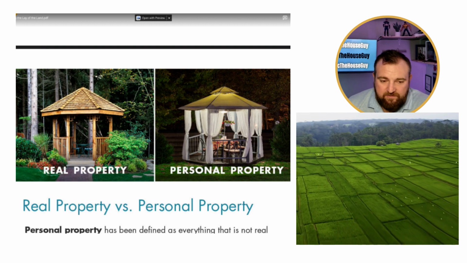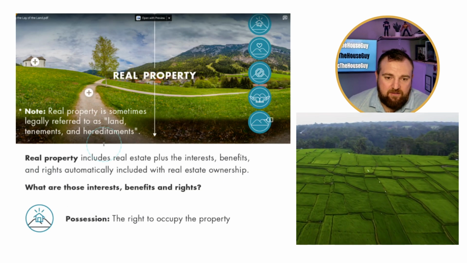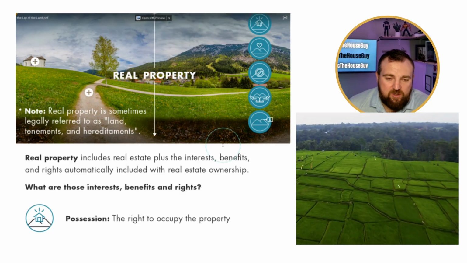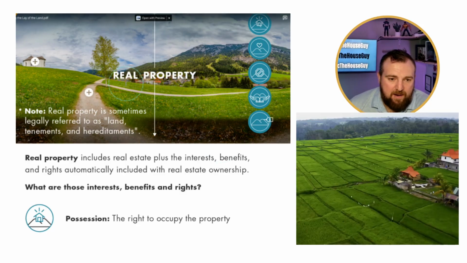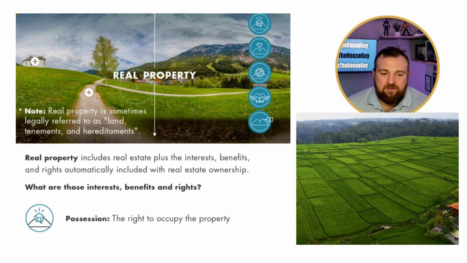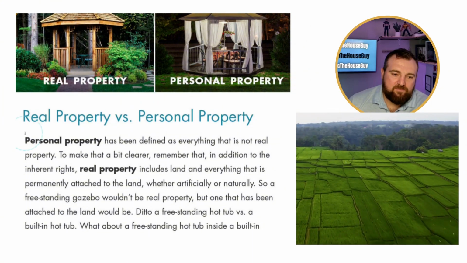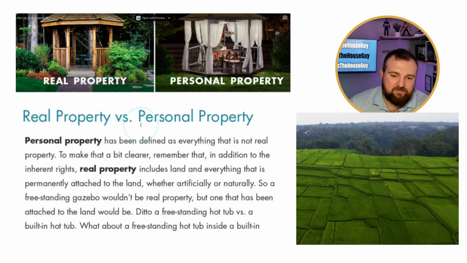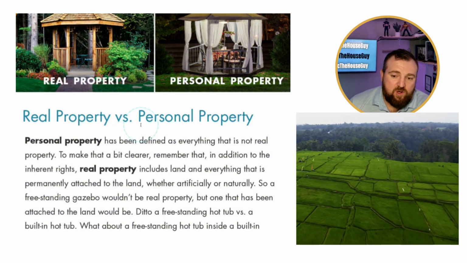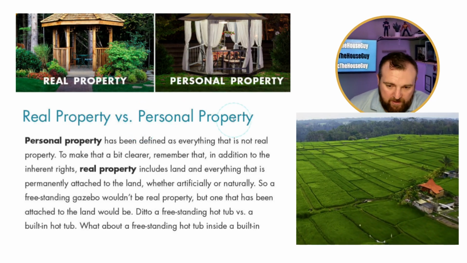So again, you look at these gazebos, and you remember earlier when I talked about real property and you could drive a car onto the real property, and then if you buried the wheels and attached it to the ground, it became real property. But if you just drove it onto the grounds, it's personal property because we can remove it.